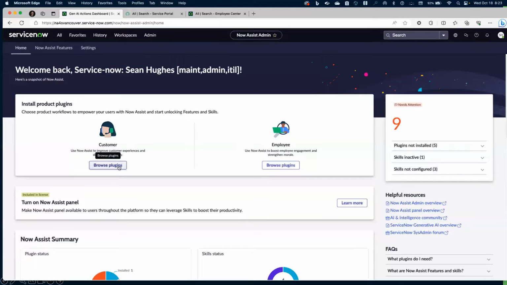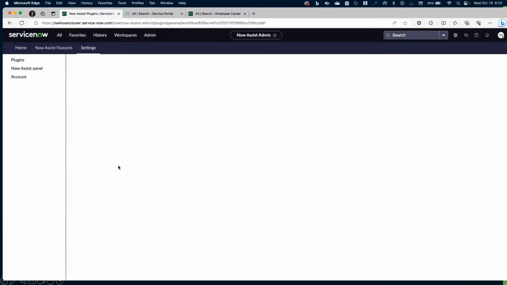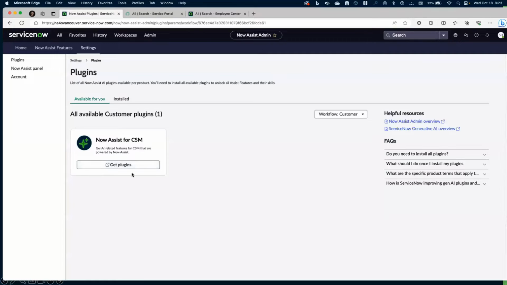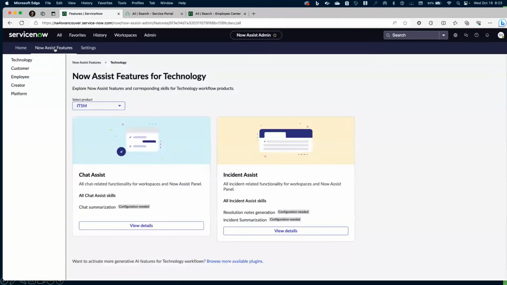You effectively are able to browse the plugins, and it would take you to the store to go and get those plugins to turn on the features. I've already got Now Assist for ITSM installed. So if we keep on moving, once you're installed and you're looking at the Now Assist features, what we want